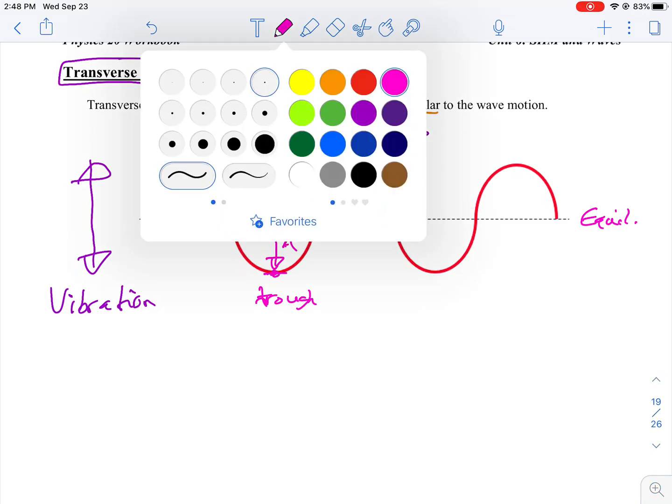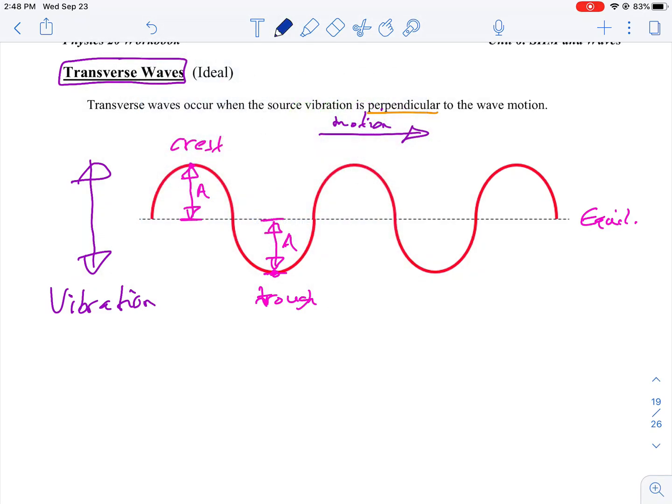Well, we just need to be able to do the length of one cycle. So if we start here at the top of a wave at one crest, if we go to the next successive crest, then you'll see that we've actually done one full cycle here. So from there to there, that would be called the length of one cycle, the wavelength, and we use the letter lambda for that. That's the wavelength.